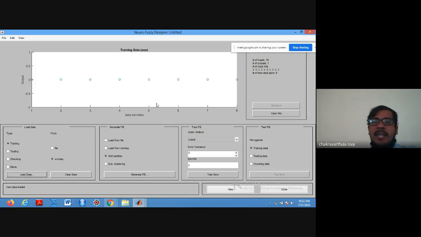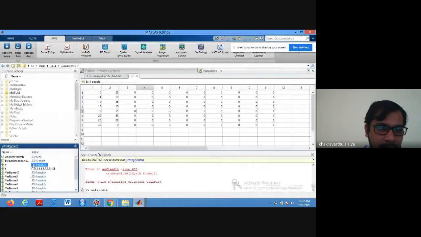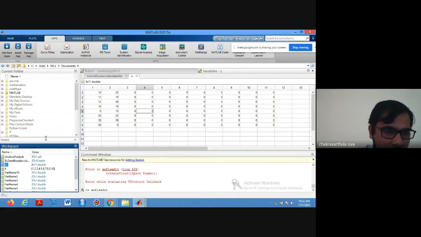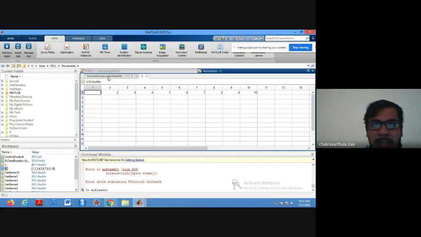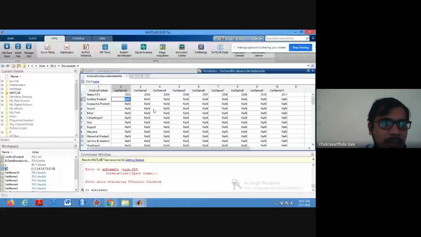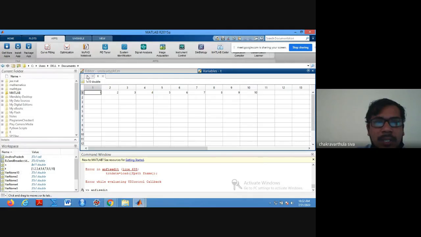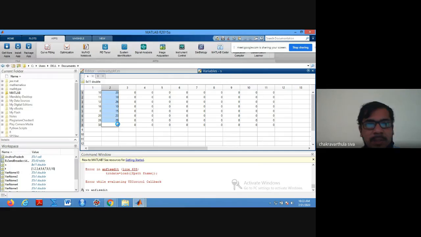If you see the data in the workspace, these are the values we have given, and the T value is here. Another variable we have to give is to compare the things. Now the same way I'm giving the reverse version, T.